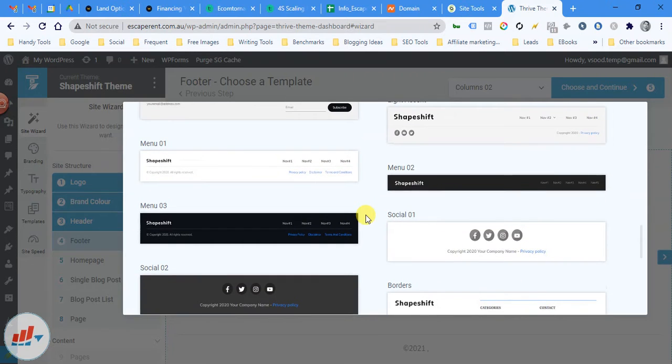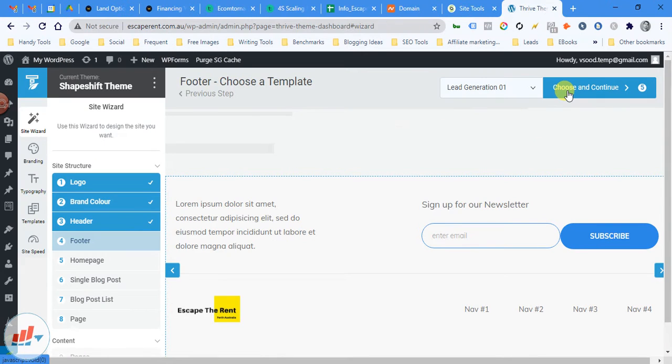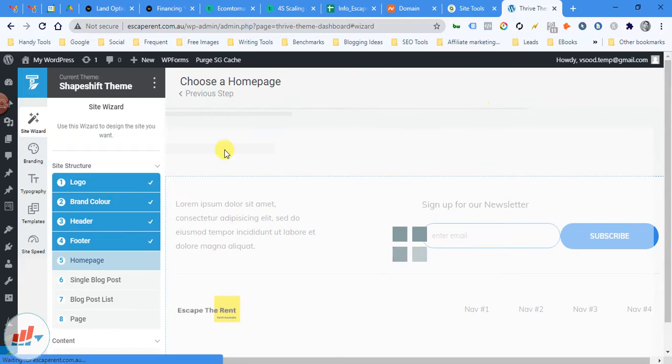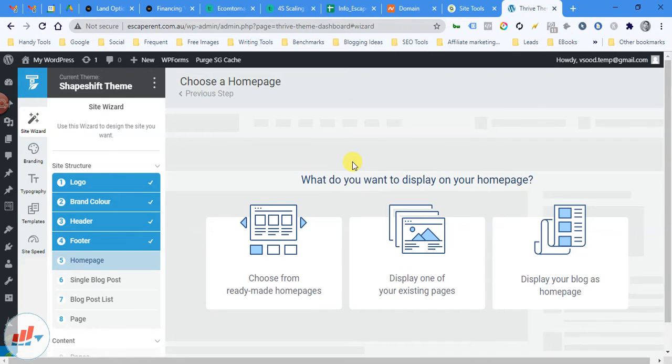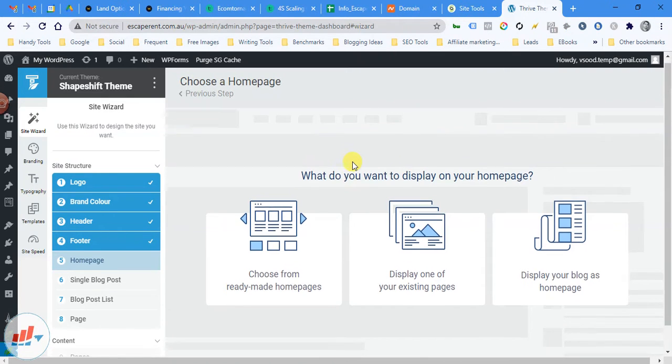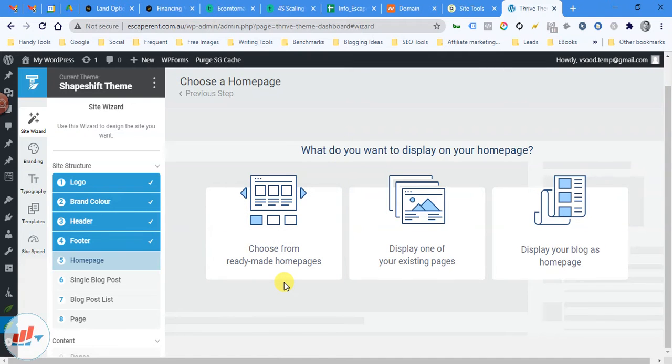We have selected this basic footer. We can change it anytime. Now home page. So what do you want to display on your home page? There are different options. Choose from ready-made home pages, display one of your existing pages, or display your blog as home page.